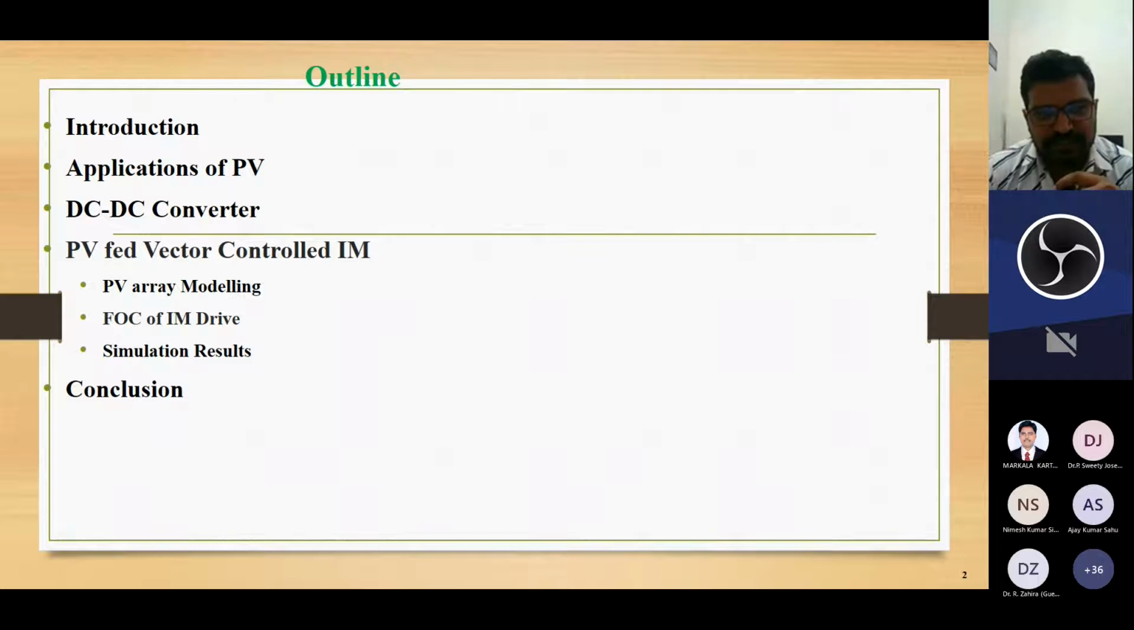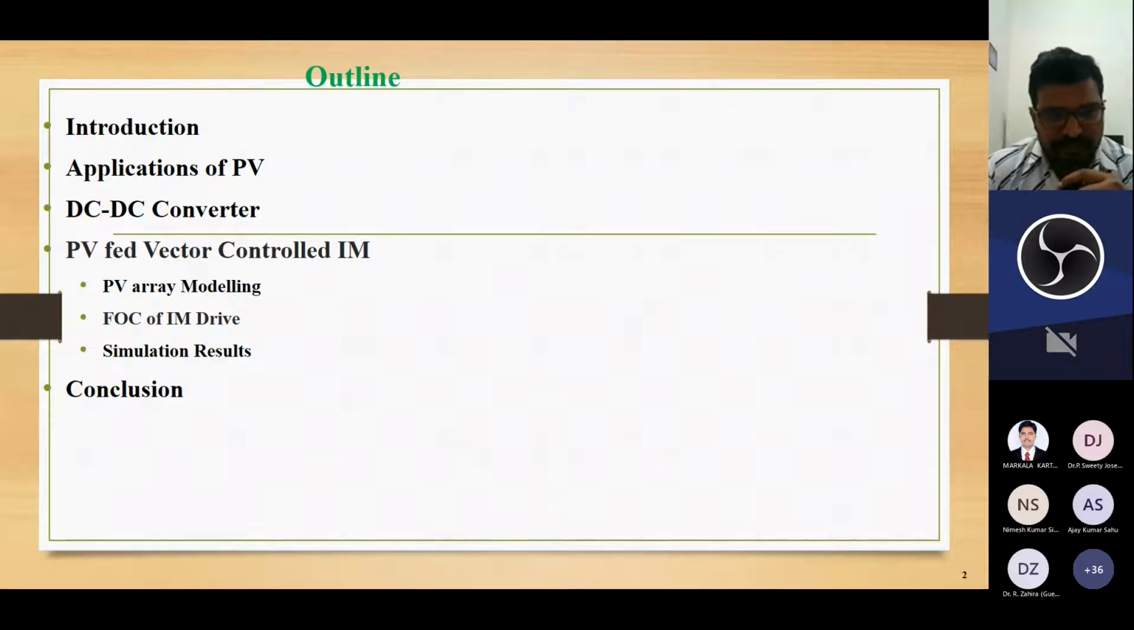from the PV system. Next, coming to why we are going for the AC motor for a PV, even though the power from the PV is a DC supply. That is going to be discussed in the PV fed vector control induction motor. Again, in the AC motor, there are various types of AC motors, so we are focusing on the induction motor. Again, in the induction motor also, there are various types of speed control techniques. For example, V/F control, direct torque control, and vector control. Why we have chosen the vector control is also discussed